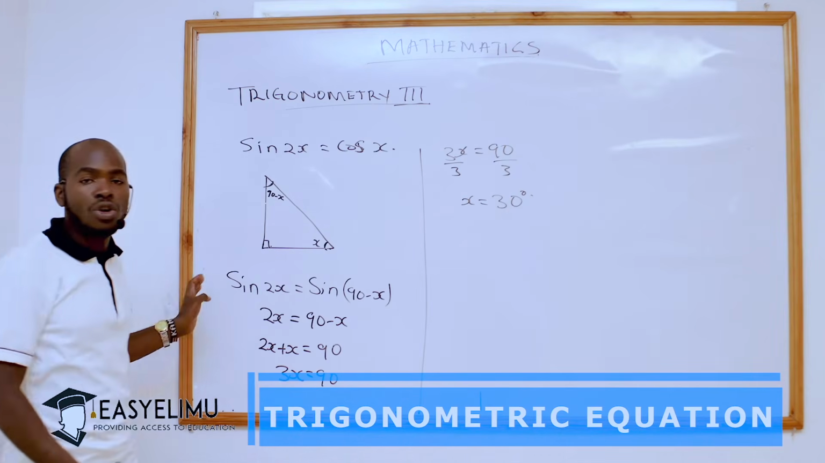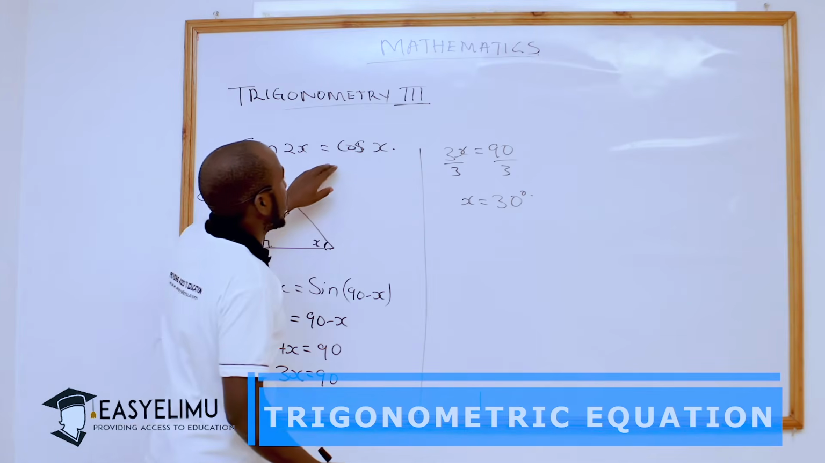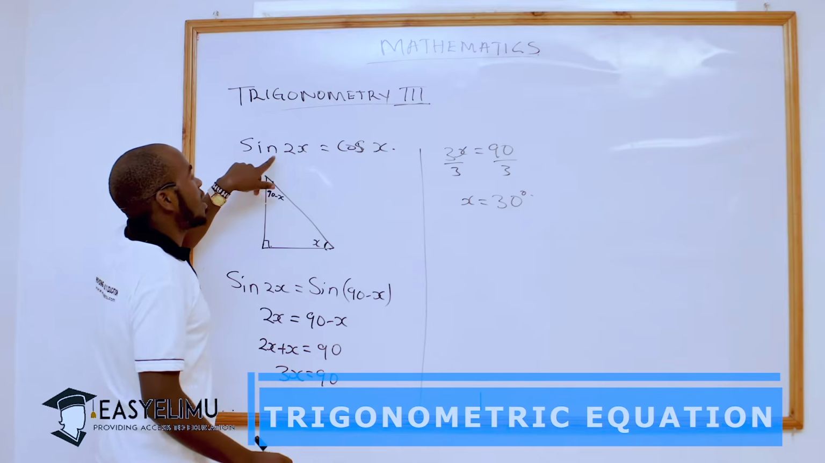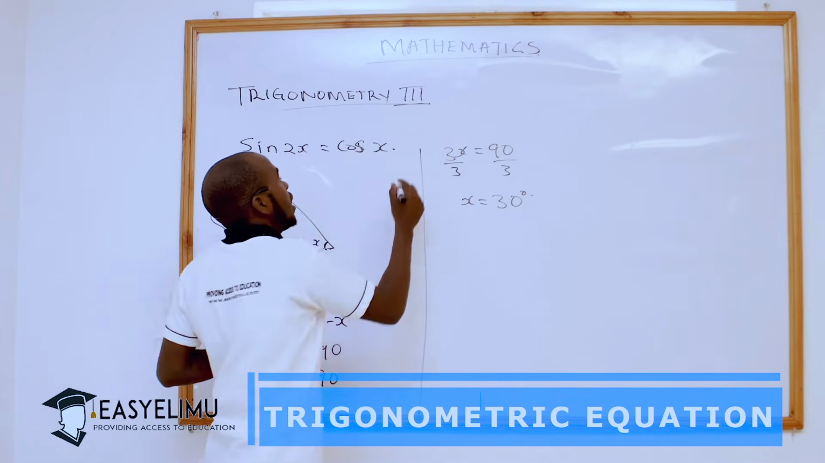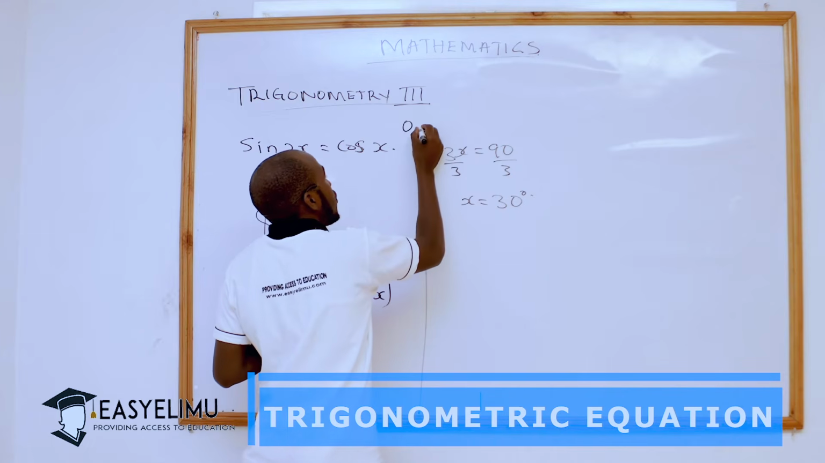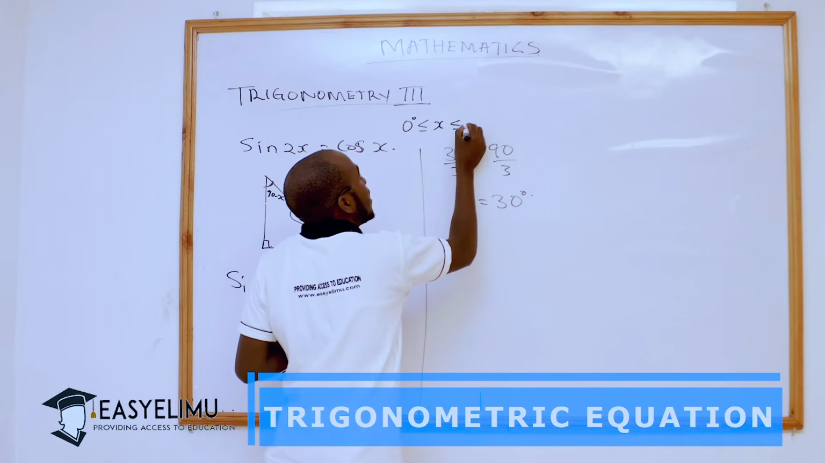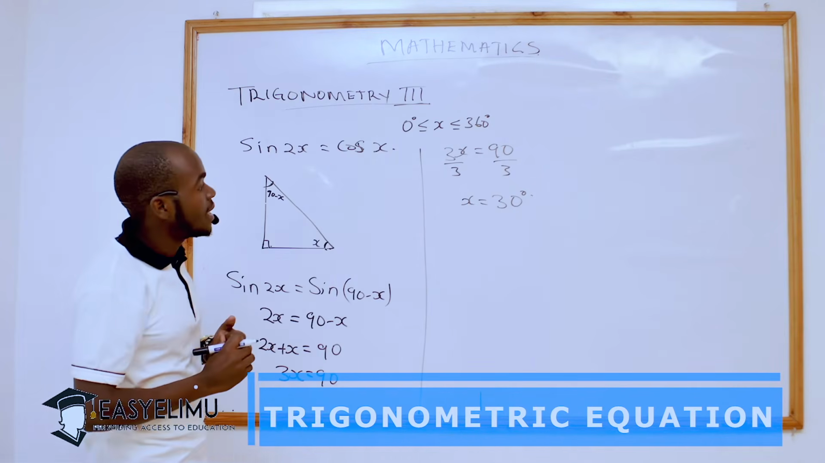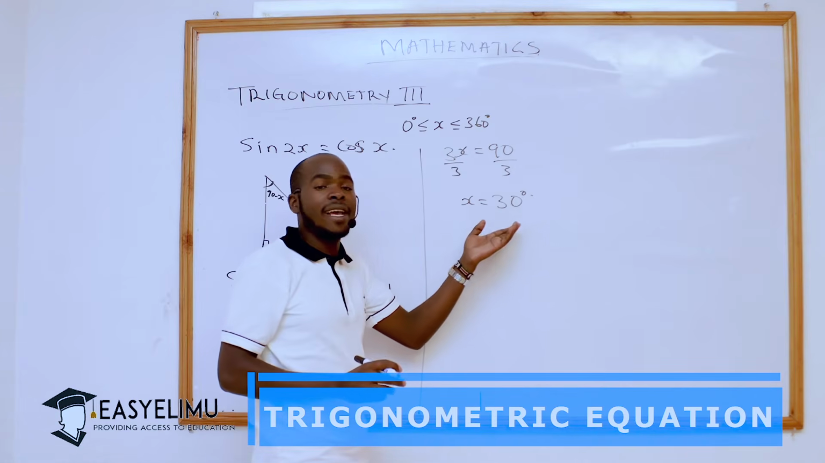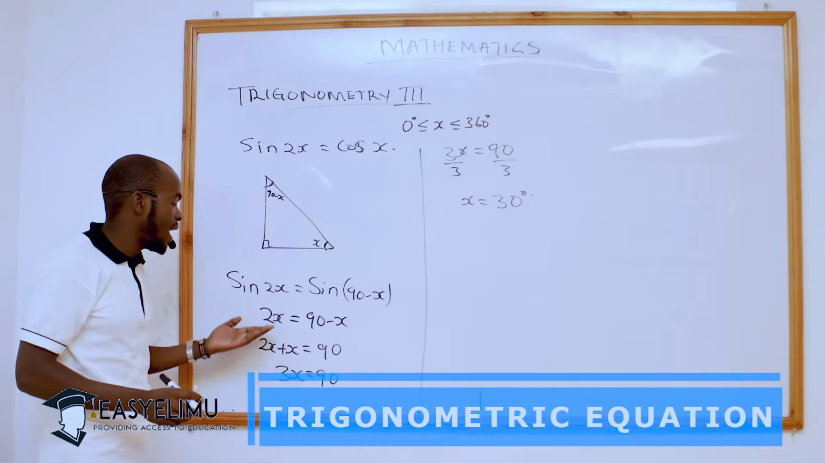But remember also, in form 2, we said, here we have been given this sine 2x equals cos x, to find that equation in a range of 0 degrees less than or equal to x, which is less than or equal to 360 degrees. For instance, here we have found our first x is 30 degrees, and we are dealing with a sine